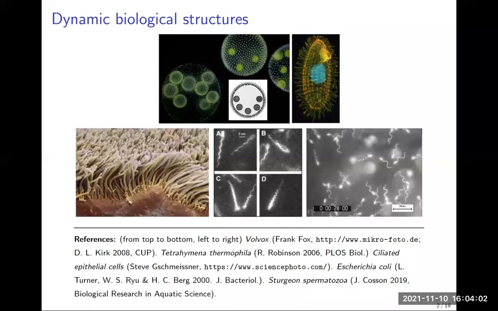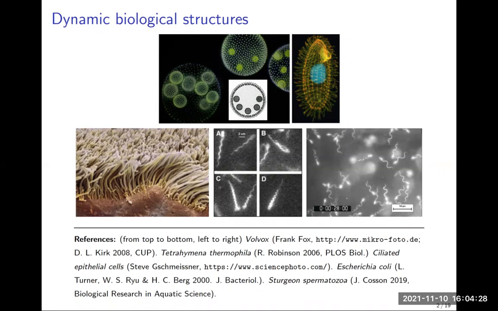They are able to swim in the water by wiggling the cilia on the surface of this hollow sphere. And another picture is also a ciliated cell. Again, this unicellular organism is able to navigate the surrounding fluid by wiggling the cilia